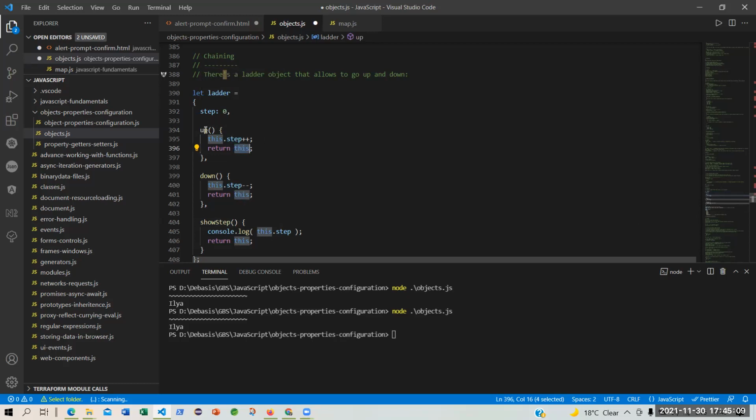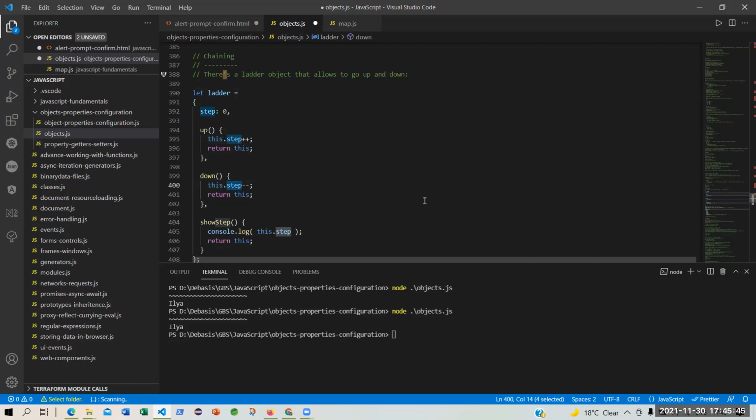So when I call up 4 times, what will be the value of step? 4. Yes, 0 plus 1, 1 plus 1, 2 plus 1, and 3 plus 1, if I have called up 4 times, one after the other. Now I'm calling down on this object. So what will it do? It will decrement the step.